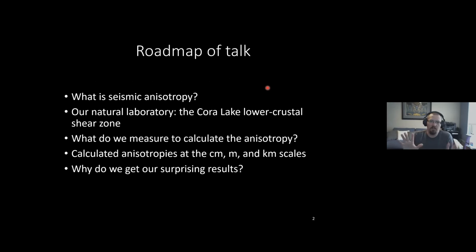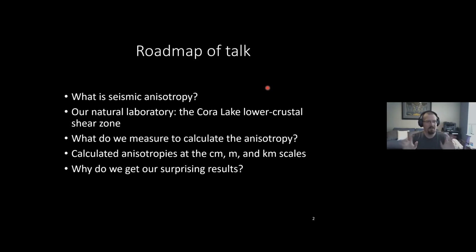So here's a little roadmap so that you know when to go get coffee and when to come back. First, we're going to do a broad overview of seismic anisotropy in general and why it's cool. Then we'll have a look at our natural laboratory that we use to illustrate seismic anisotropy, and the pros and cons of different approaches, different caveats, and interesting things to think about when you think about seismic anisotropy of natural structures. Then we'll cover how we make any of these measurements at all, which I might go a little too technical on, because that is my job now, after all, to be a nerd about